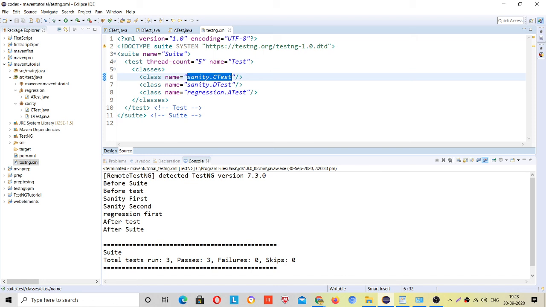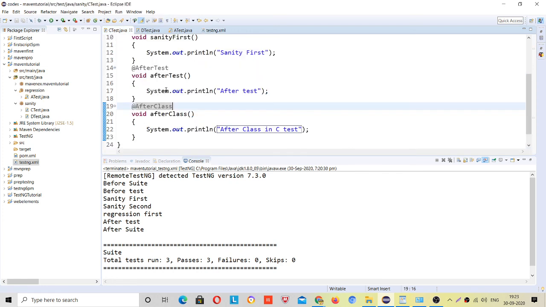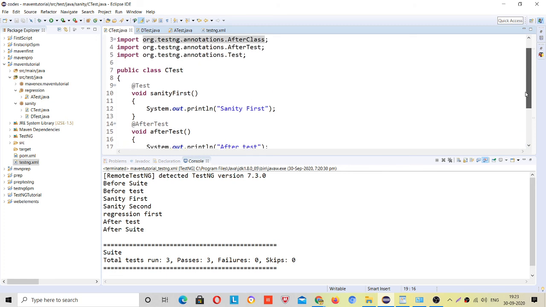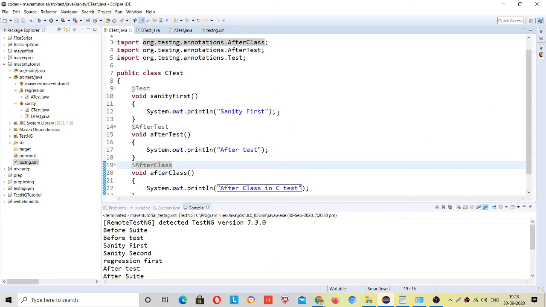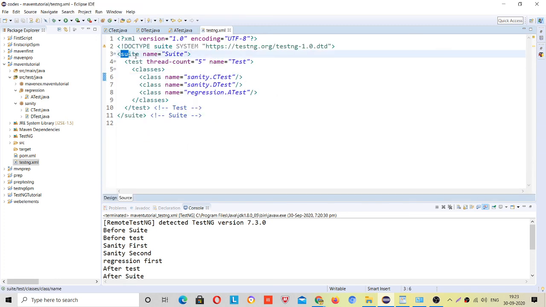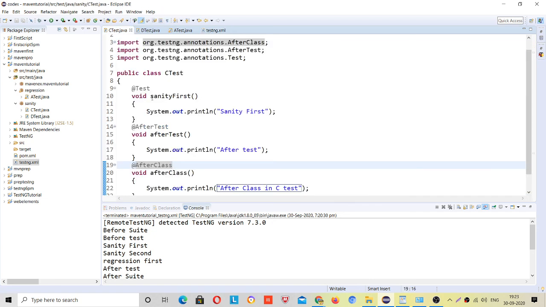It will be going to the sanity package and C test. First of all, if it is going to your class level, understand this first. This level checks only for annotations; don't think that it jumps to the code first.